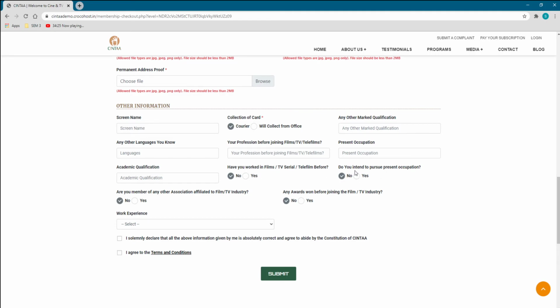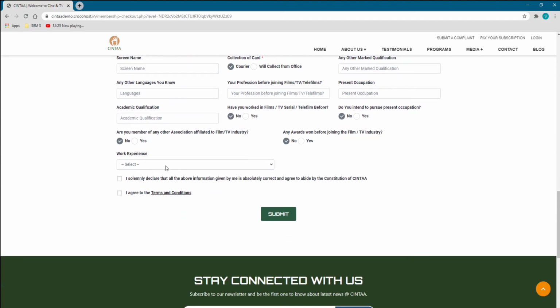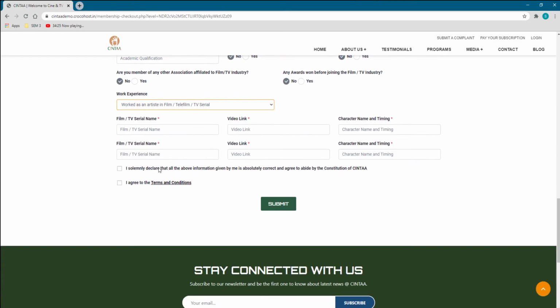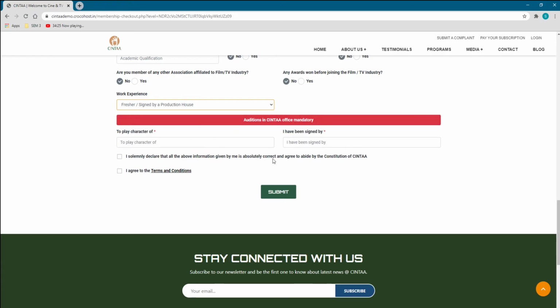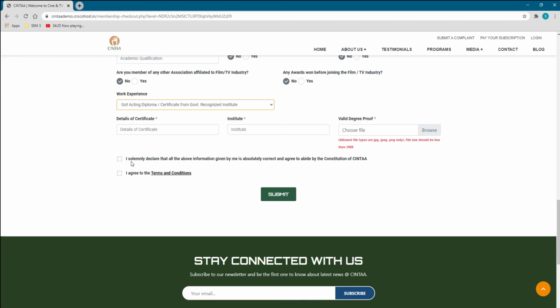These go inside other information and work experience. Based on the work experience, it's the same as what we have on the current website. So based on the option selected, the child dependent field will be populated, and then we have terms and conditions,